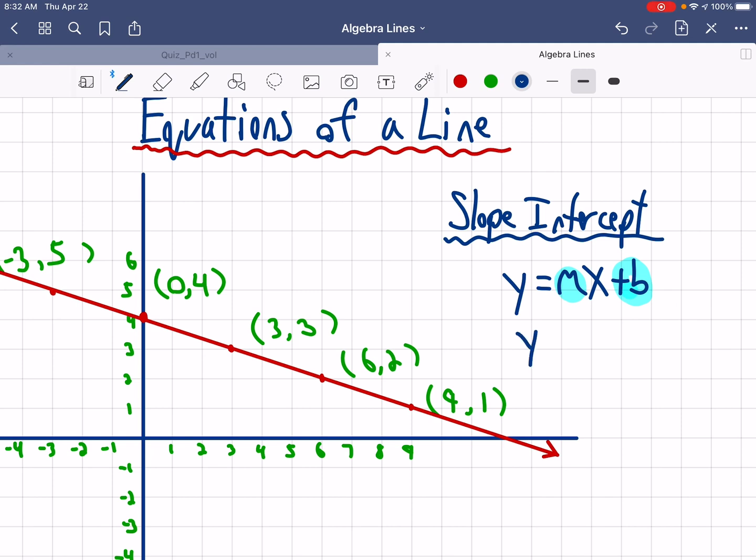I'm going to say y equals the slope. We can count the slope. This is a descending line if you read it from left to right, so it's going to be a negative slope. It's negative, and then we're going to do rise and run. So it's going to go down 1, negative 1, and then right 3, positive 3. So you'd say it's negative 1/3